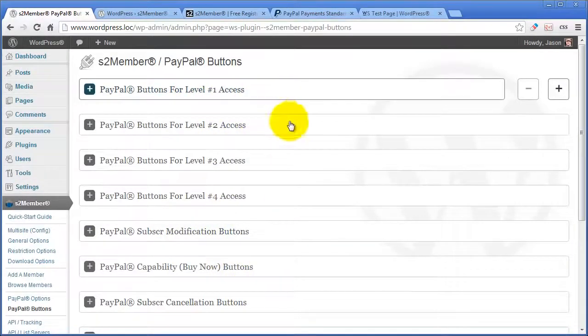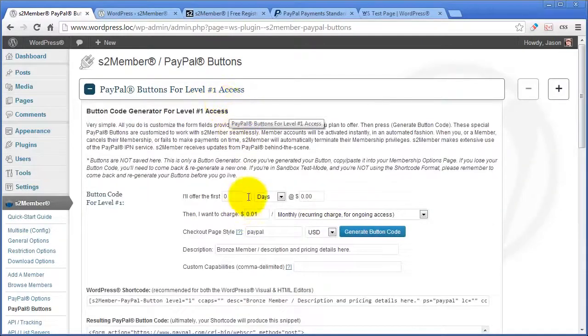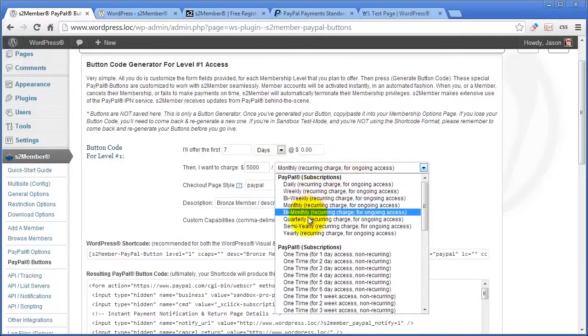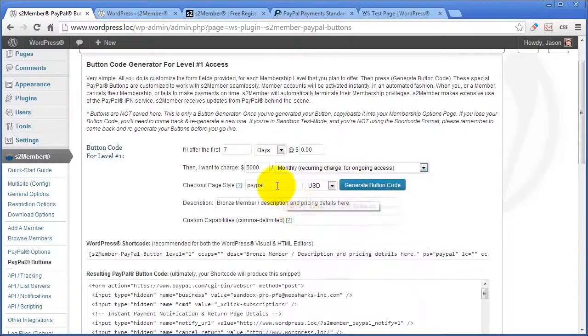Forget all these other levels and all this other stuff down here. All you need just to get started at a minimum is the level 1 access button, and just configure how you want to charge and how long you want to give them access. I'm going to give them 7 days for free, and I'm going to charge, let's make it $5,000